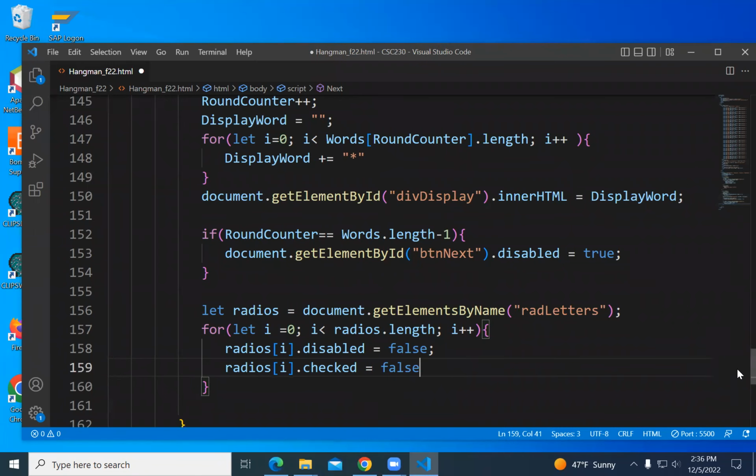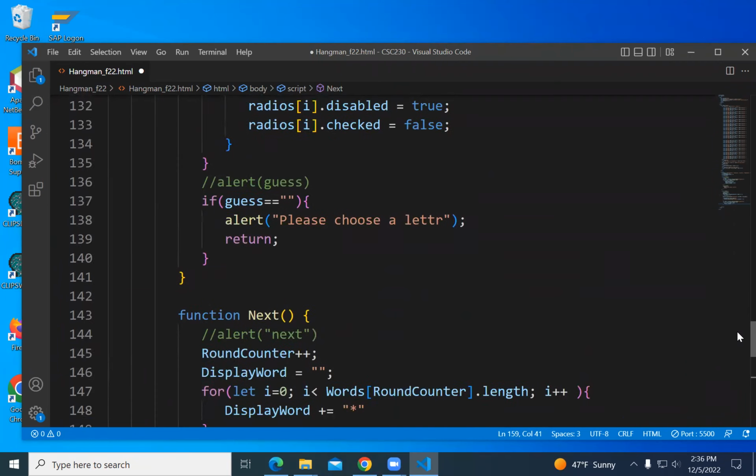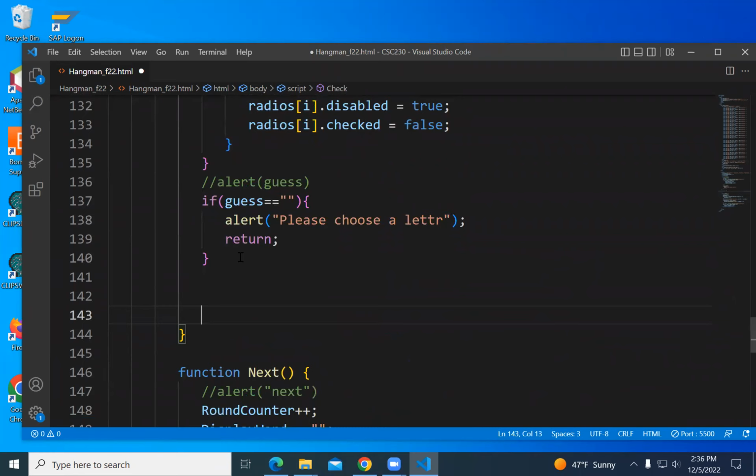Now we have to find out, they guess a letter, we have to find out if the letter is in the word, and if the letter is in the word, we need to sort of put it into display. So I have my letter, I have guess, I have words, I know what the word is because it's words, square bracket, round counter.